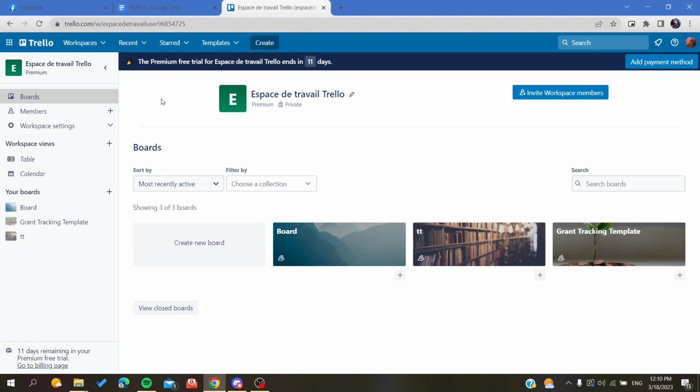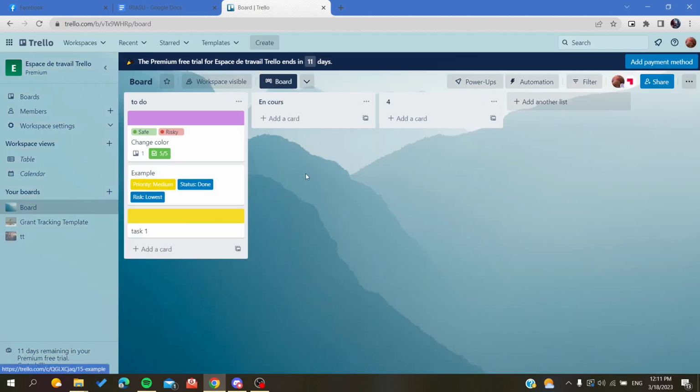And basically, the first thing that we will need to do now is to access one of the boards that you have in your workspace, so we can mark a card as done in our boards. You will just need to click on the boards menu here in this navigation tab, search for the list of your boards and choose any board that you want. And basically, here are my